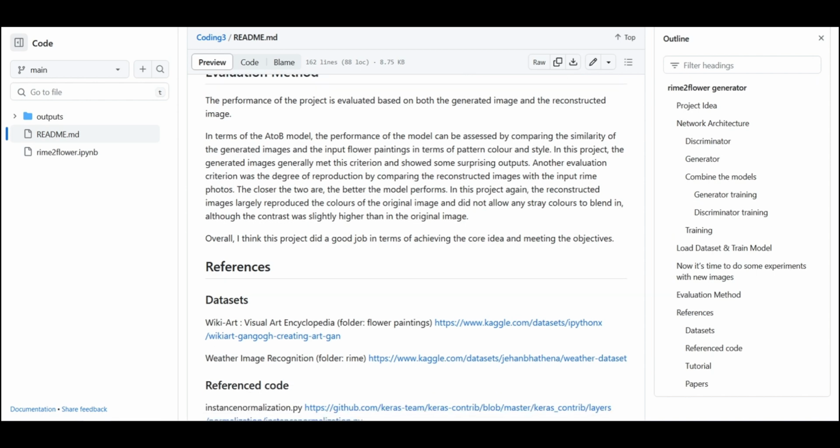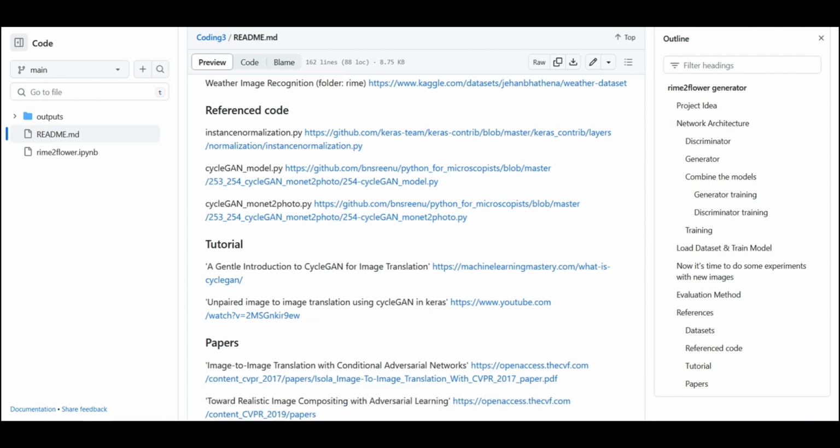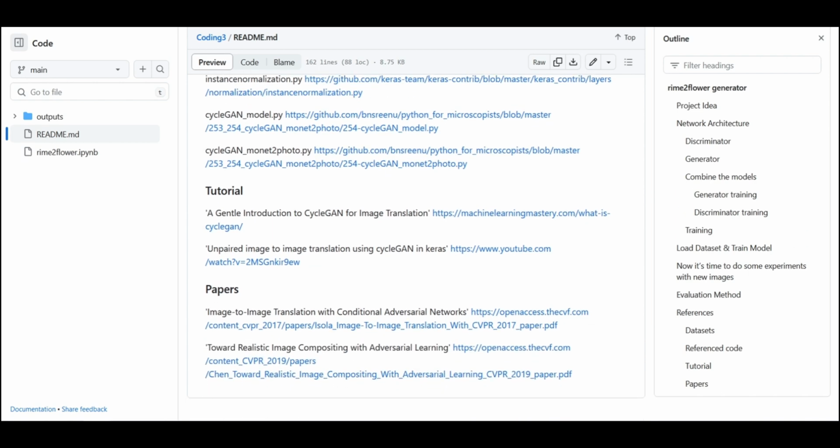At the end of this video, I would like to state the sources I have referenced in this project. All the links and detailed information of the original publishers are in the README file. The image datasets I used for both the rime photos and flower paintings are from Kaggle. The instance normalization code and the cycleGAN model code is referenced from GitHub. I also gained a lot of help from some